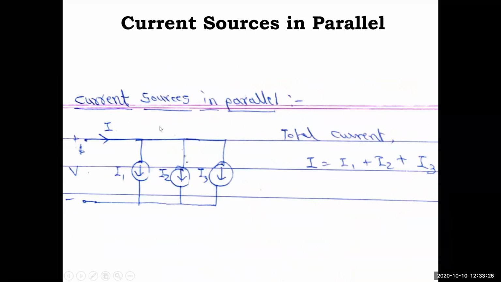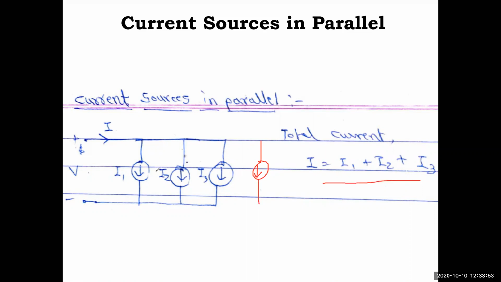Current sources in parallel. This is straight away understood from the analogy, right? Instead of an element, we have now connected three current sources. From the properties of parallel connection, the current is nothing but the summation of individual currents. So if you have these three currents, you can replace them by a single current, whichever direction it is in, whichever has the value. Based on the calculation, I equals I1 plus I2 plus I3.